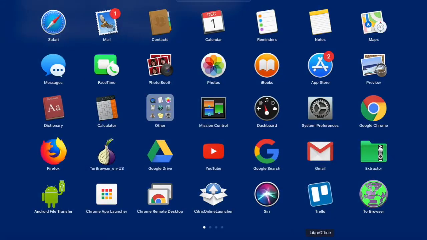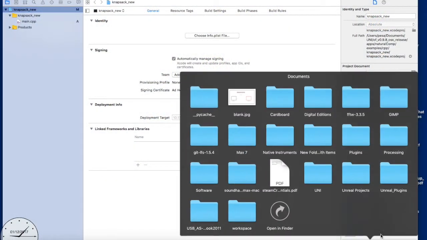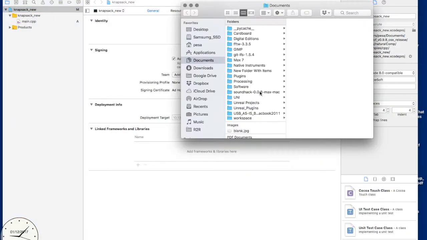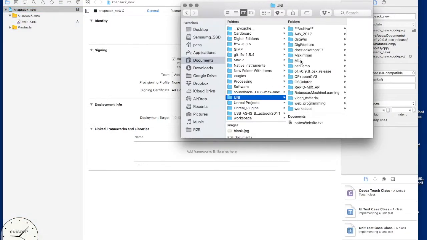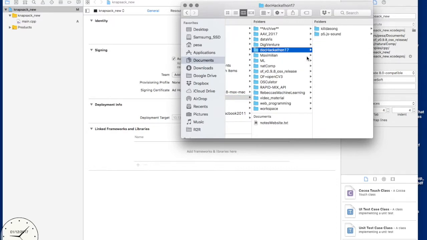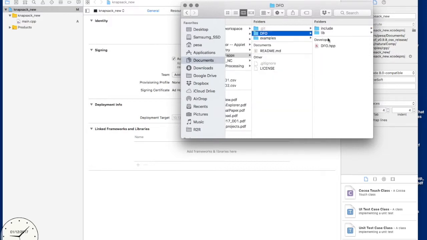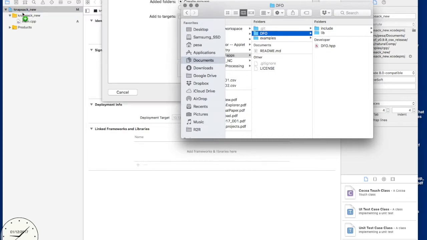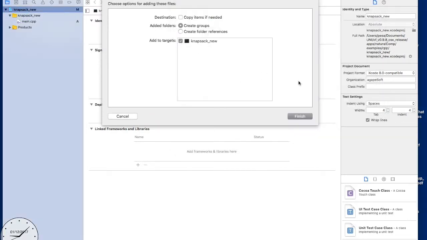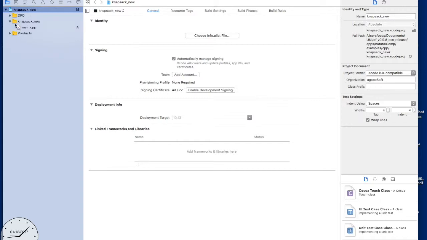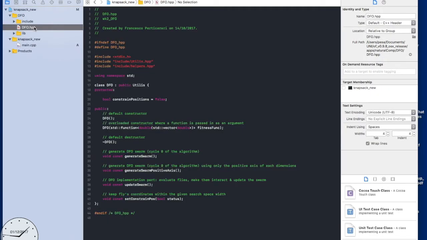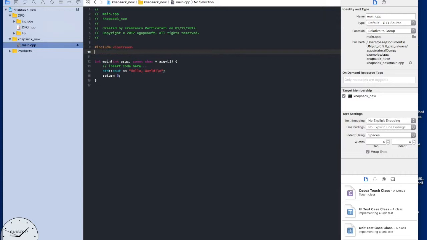Next thing we need to do is to find wherever you downloaded your DFO, which in my case is here. Now this is the folder that you download, okay? And inside you find these two things. So what you want to do is to drag this folder into this, and you want to make sure that basically all the CPP files are linked to the project and the header file is there. Then you go into main and you include the header file,